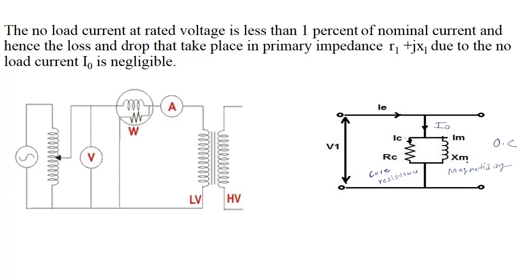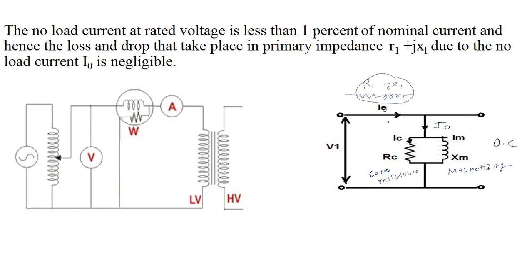which is the reactance responsible for stabilizing the magnetic flux in a transformer, and this will be the I0. At this point only the no load current is flowing, which is almost 1% of the nominal current. There will also be the parameters R1 and X1, that is the primary winding resistance and reactance. Because the current is very small, whatever the drop in the series parameters is, we can neglect it. That is why this series branch has been neglected from this circuit diagram.